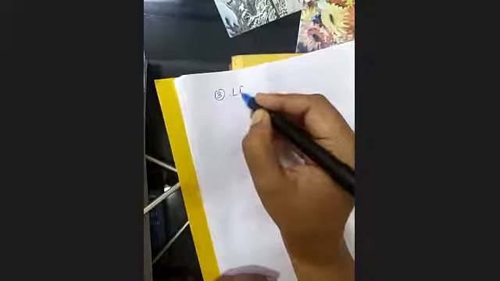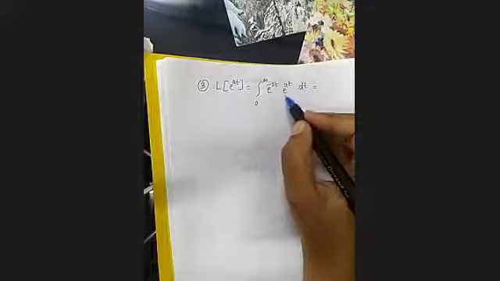Okay, I'll take the next one. Laplace of e raised to at. By definition it is integration of e raised to minus st times f of t dt, with the integration limits fixed. What do I have to write in place of f of t? e raised to a into t. Okay, so now we have to integrate it. Shall I apply integration by parts, or any other concept?